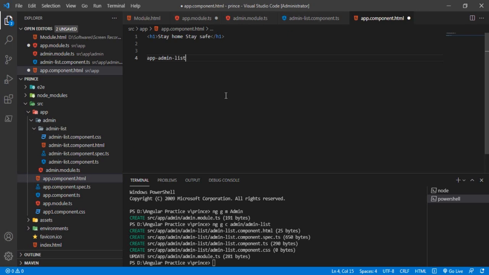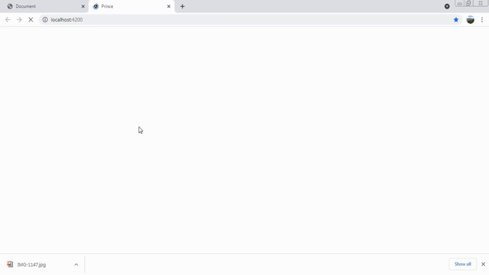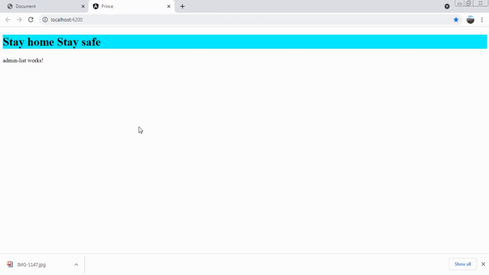Then I save it. Now see on our project, it worked properly, like admin list works properly.